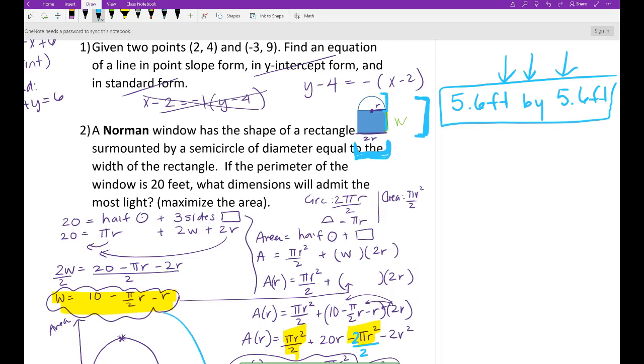Is there going to be an extra credit problem on the test? I don't know. Why? Do you want an extra credit problem on the test? I mean, I'm just